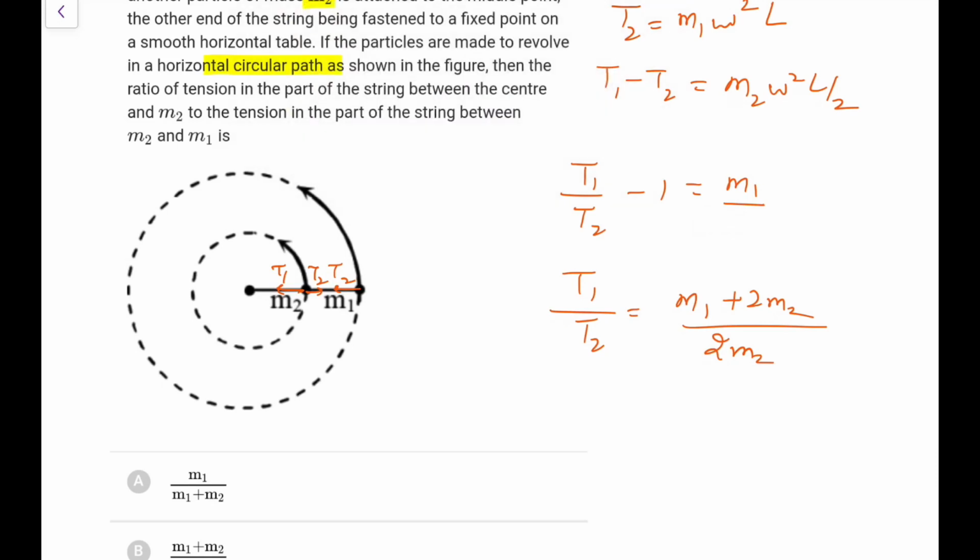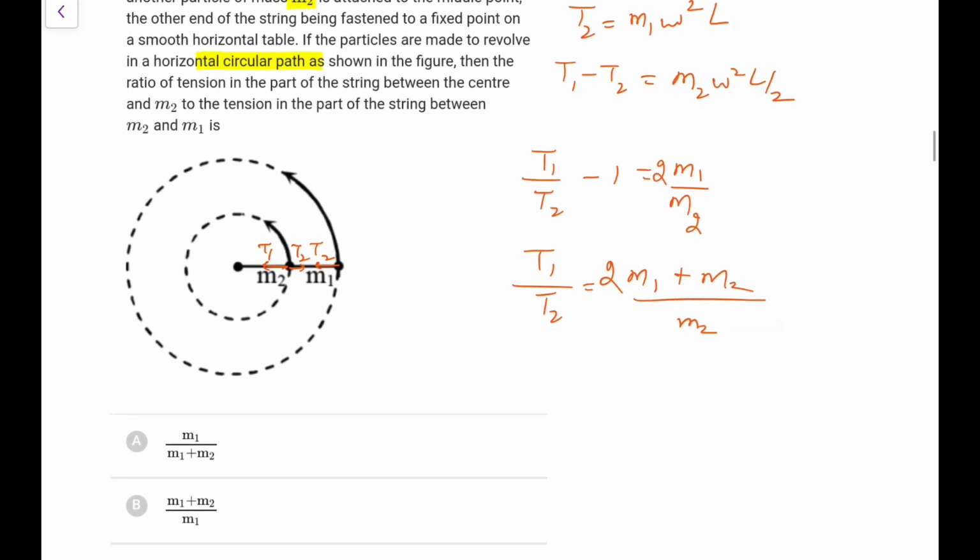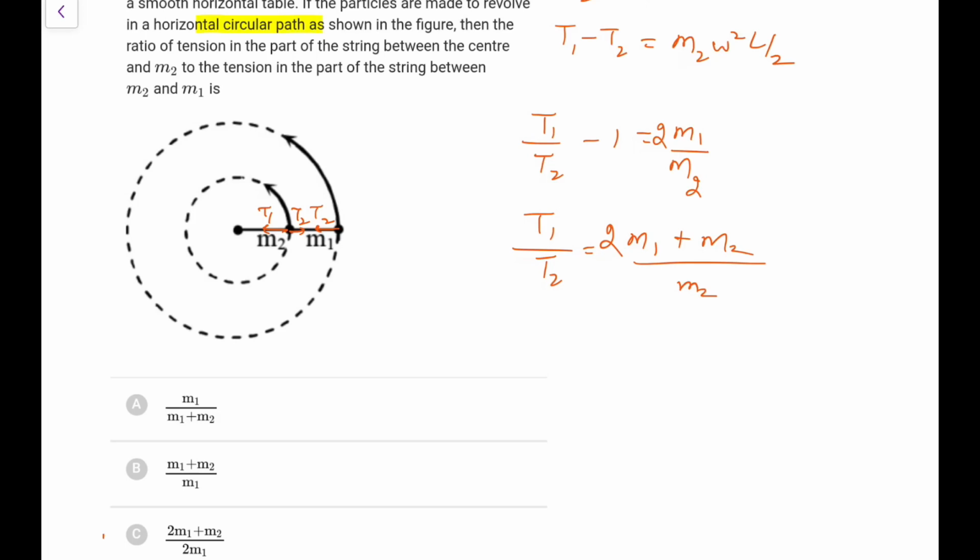This one, if I divided L by 2, this will go 2. Okay, so this is my mistake. So it would be 2M1 plus M2 plus M2. I was lucky that no option was there, otherwise I would have ticked that also. So it would be option C, so go for it. Next,